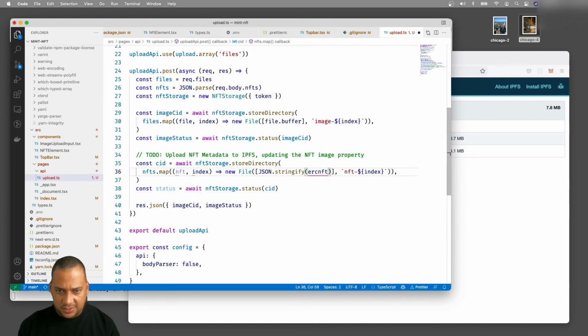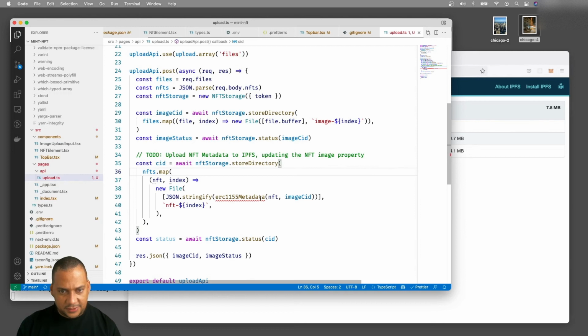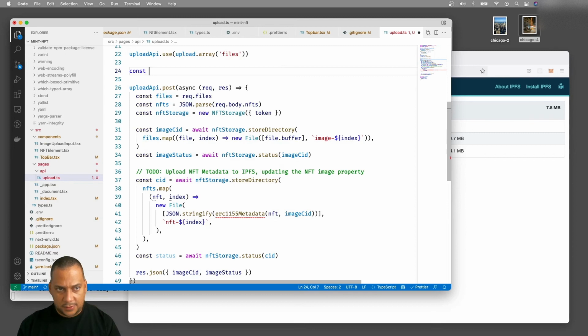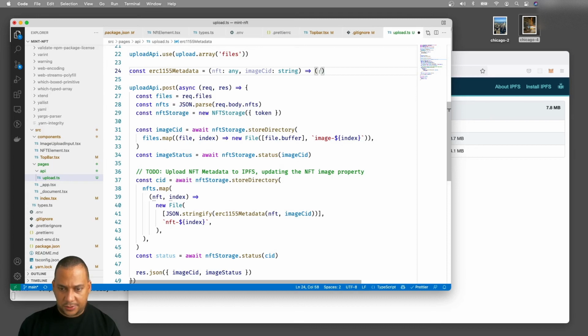So let's call here ERC1155 metadata of an NFT, and we need to pass the CID of the image as well. So let's pass here image CID. So we need to build this function, and this function, let's create it here. This function will take the NFT data and will take a CID, or the image CID. And this is a string. And we will return